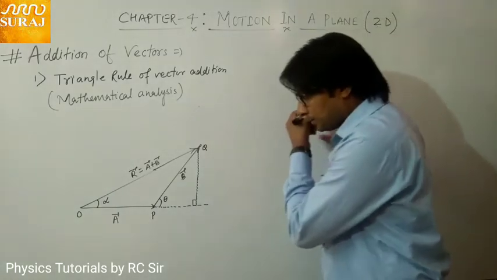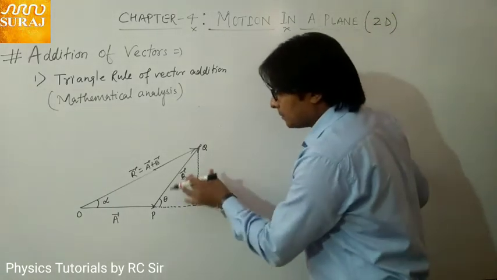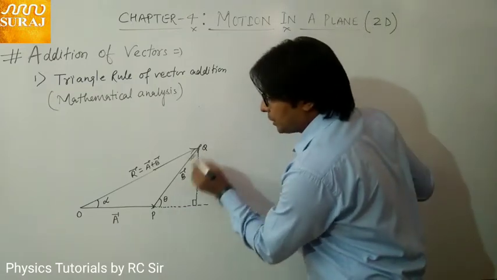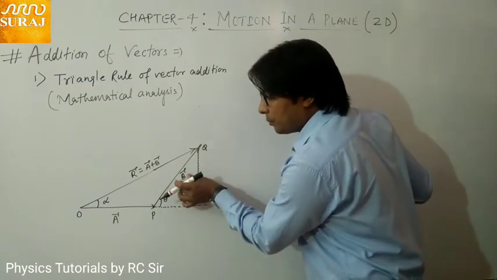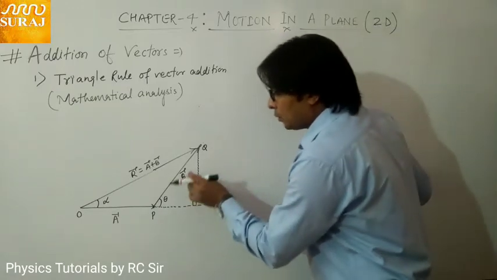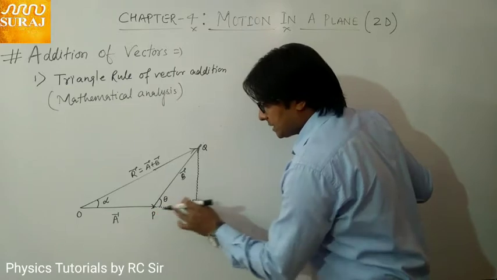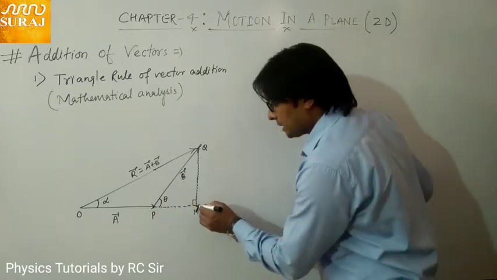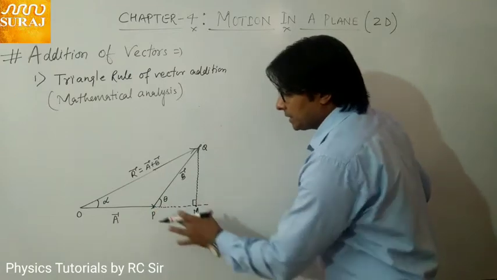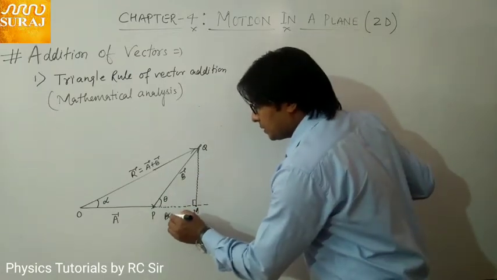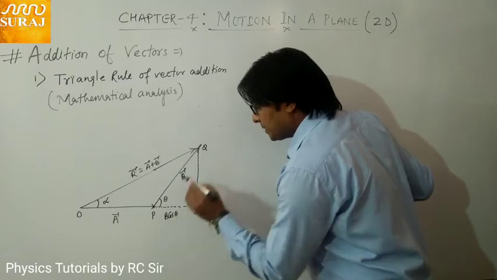Okay, so if I take this, the magnitude is definitely magnitude of B vector, and the projection of B vector on this, which I have represented as, suppose M, this point is suppose M. So if I ask you what is the value of PM, you will say it is B cos theta. Why is it B cos theta?